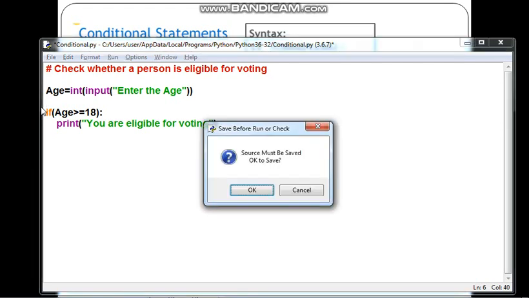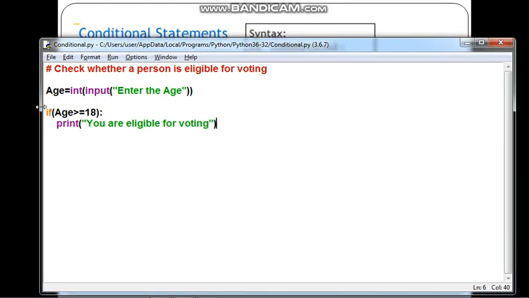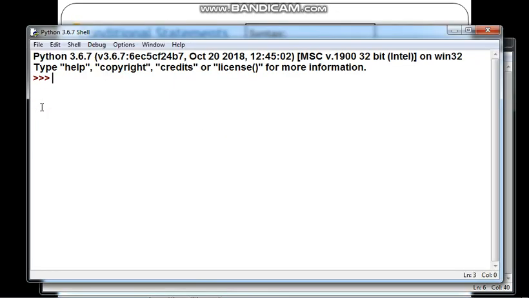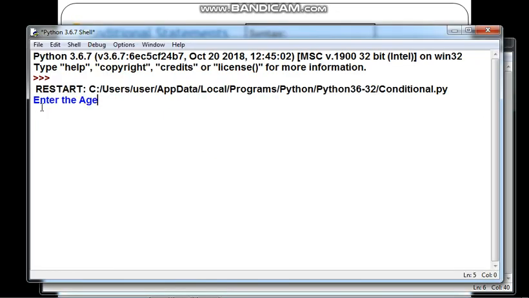Let's run this program. Save the program and run the program. See, it asked for the age. I am entering 23. So you are getting the answer.